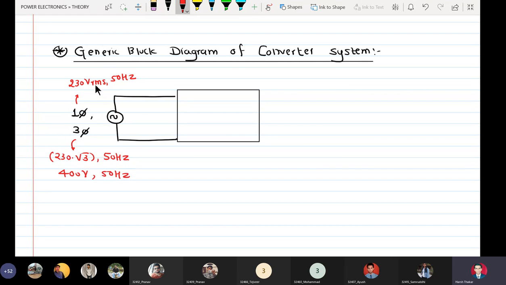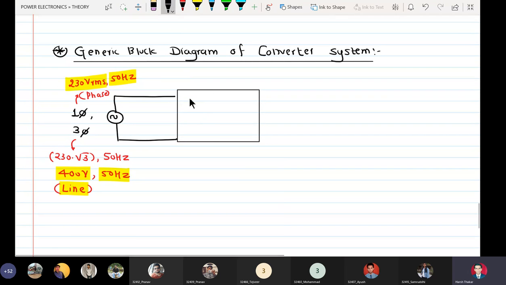And understand that single phase system does not have any concept of line voltage, but when you come to three phase system and we write any voltage, we have to specify whether it is line voltage or a phase voltage. So understand one thing, when we specify the voltage value in a three phase system, usually it is a practice to specify the line voltages. Naturally single phase has only phase voltage, so it is phase voltage. Obviously it doesn't have line. When we say about three phase system, then we say 400, we specify it as line voltage and it is 50 hertz.